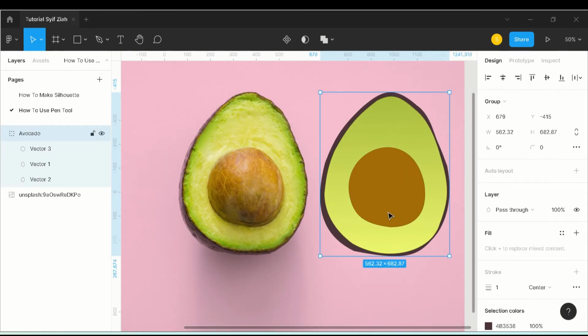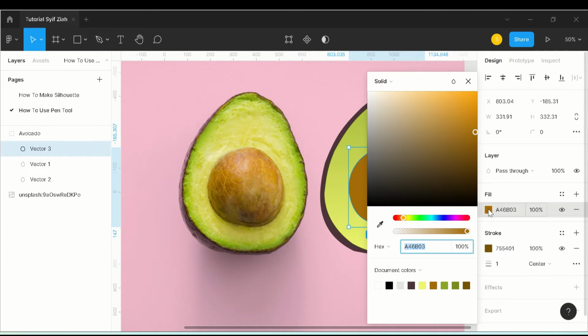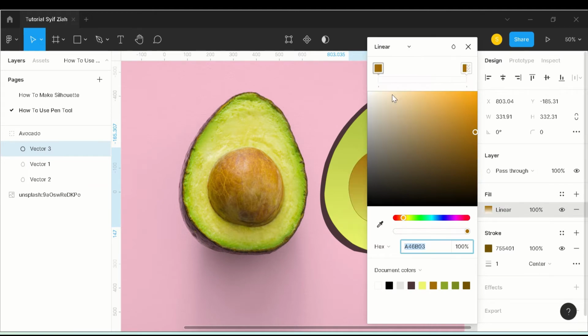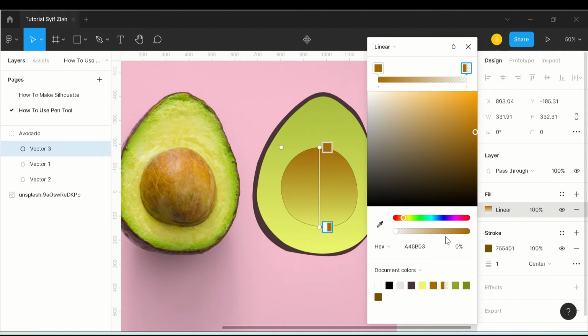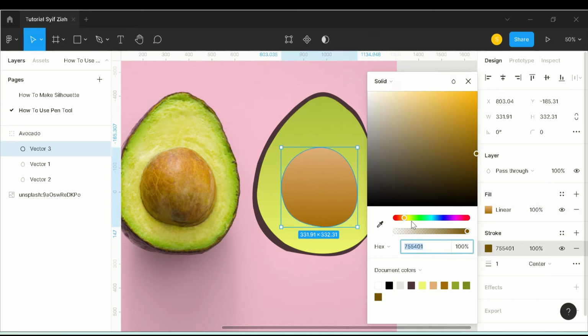Okay, I think I wanna choose linear. I wanna combine. Just the first thing to make an illustration in Figma, I think this is really easy for you as a beginner.